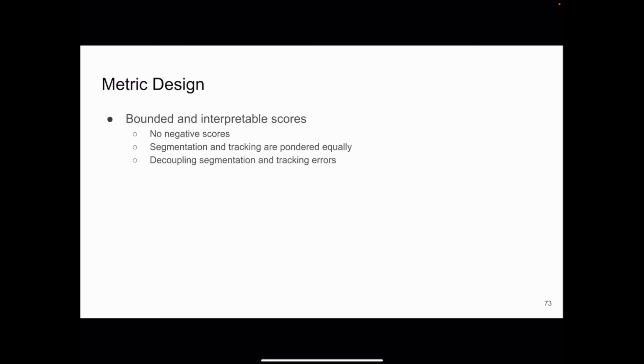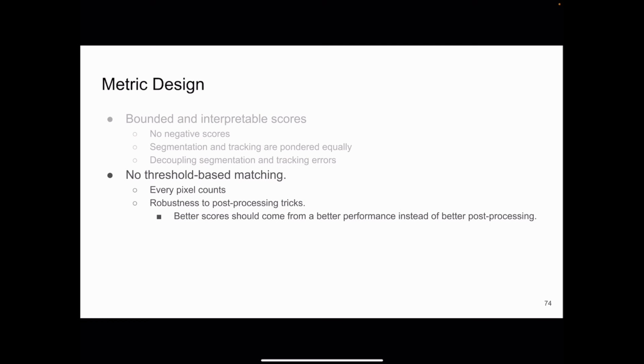To avoid the issues mentioned above, we propose to design the metric in the following manner. The scores should be bounded and interpretable. Both segmentation and tracking are weighted equally. The metric should decouple segmentation and tracking errors. We do not want any threshold-based matching, since every pixel counts.